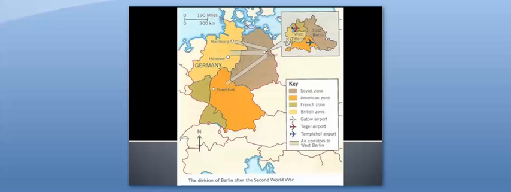So as you know, Germany had been separated into 4 zones at the Yalta Conference, one each to the U.S., Great Britain, France, and the Soviet Union. The Eastern Zone, controlled by the Soviet Union, held the German capital of Berlin, which was also split into 4 zones. So here you can see the 4 zones we're talking about. And then here's Berlin. And then this inset has how Berlin was split into the 4 zones.